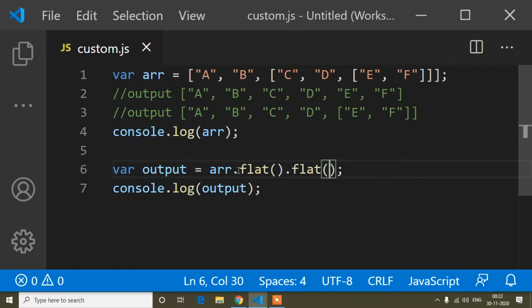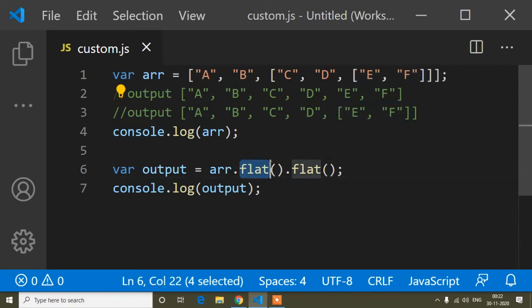this flat method is for the sub array cd, and after that ef is also a sub array. So there are two sub arrays: you can see cd, and inside this array ef.